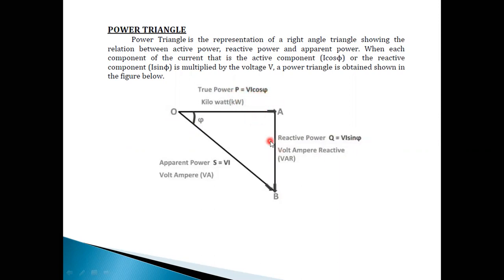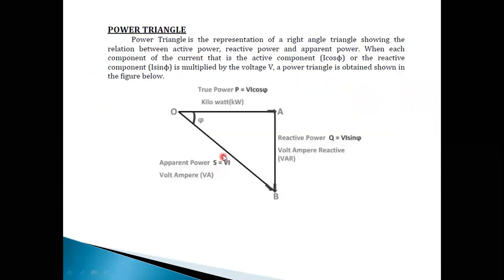The combination of these two gives the total power, or apparent power. S is equal to VI. S is nothing but total or apparent power, a combination of P plus jQ, where this 90 degrees stands for j. True power, active power, real power is P. Reactive power is represented with the symbol Q, VI sin phi, since it is opposite to the angle, the sine term. This one is adjacent, VI cos phi. This one is S equal to VI, since the square root of sine square plus cos square is equal to 1. That's why it is the hypotenuse value.